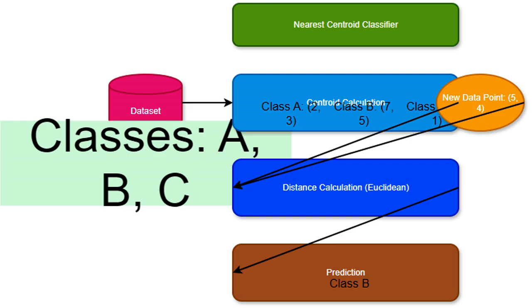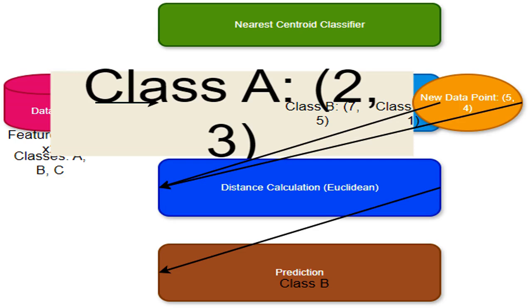The NearestCentroid classifier first calculates the centroid for each class. A centroid is simply the average, mean, location of all the data points belonging to that class. It's like finding the center of mass for each group of points. The centroid for class A is calculated as 2, 3. This means the average x1 value for all points in class A is 2, and the average x2 value is